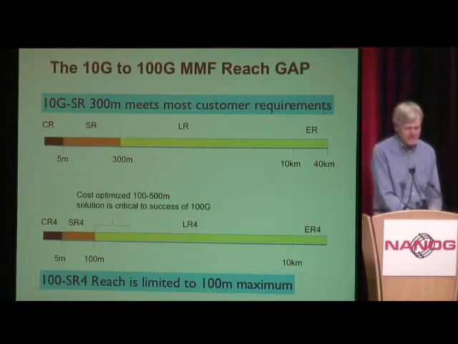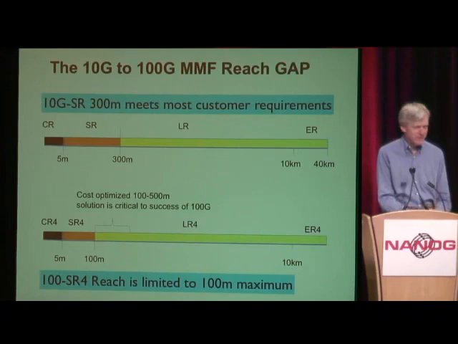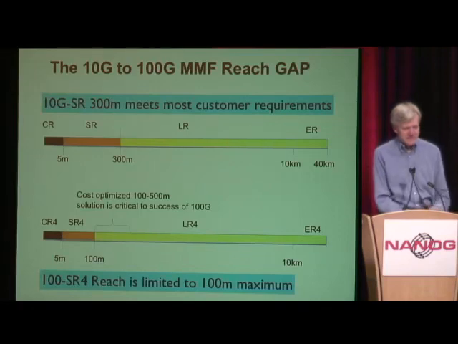But there is an optical problem here, which is as follows. In the 10 gigabit world, the 10 gig SR running at 10 gigabit was actually able to go 300 meters with OM4 multimode fiber. And then beyond that, there was LR, which can go, say, 10 kilometers, and beyond that, there's ER going to 40. Well, with 100 gigabit, the SR4, which uses 4 times 25 gigabits per channel, only will go 100 meters, maybe a few more, but it's basically a 100-meter technology. And the only other thing is LR4, which is a rather expensive technology and